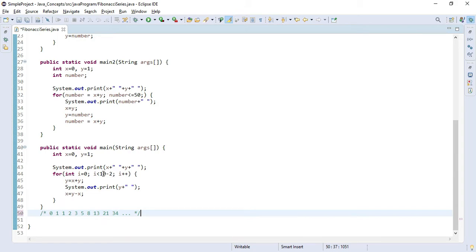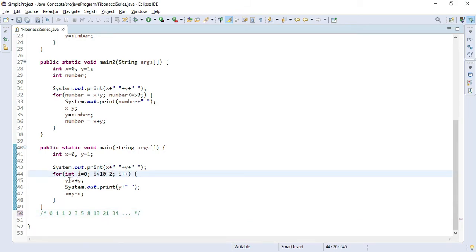So total was 10, so that's why I have kept it like 10 minus 2. So for the next value, that will be the sum of the last two values, as we have seen in our earlier program also. So that's why I have kept y is equals to x plus y.